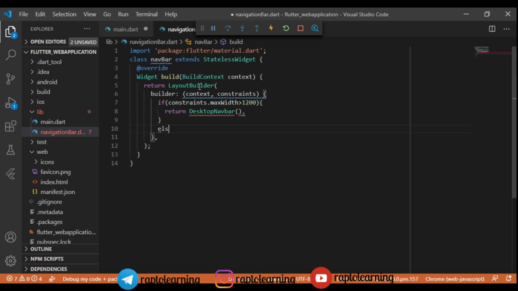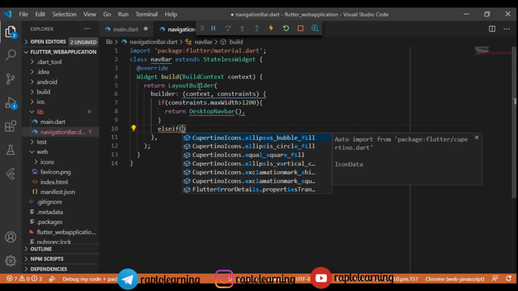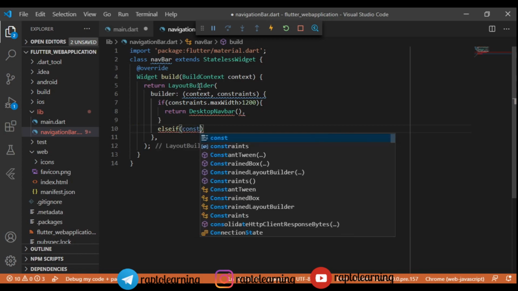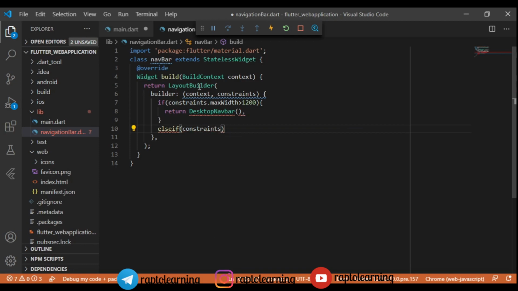Then we will also add an else if statement. In this statement we are going to check if the width is greater than 800 and less than 1200, then also we are going to return the desktop navbar only, because it is convenient for iPads and all, right? Those who have a medium size screen, it will be convenient for them also.